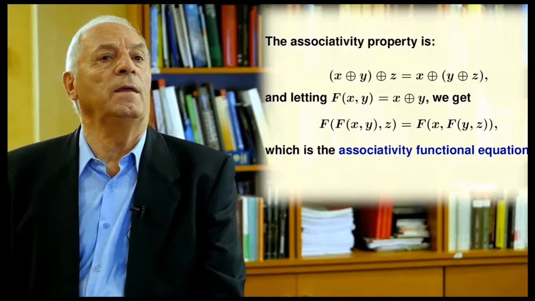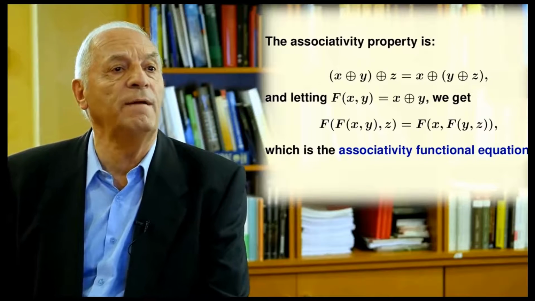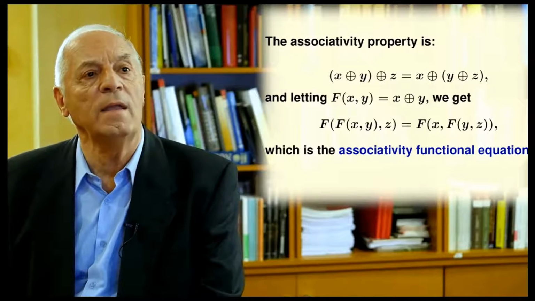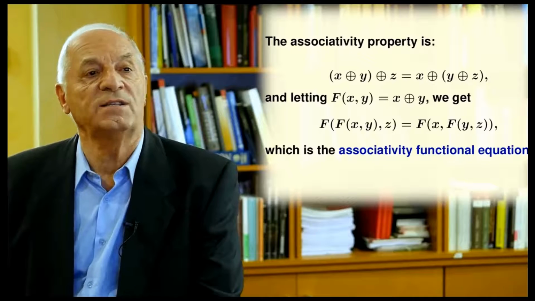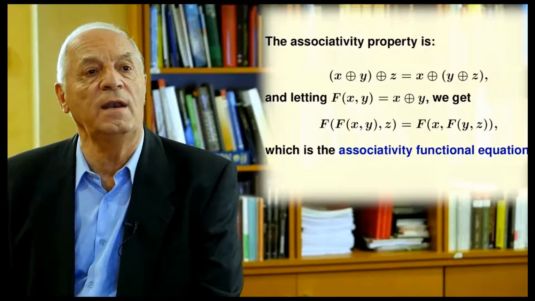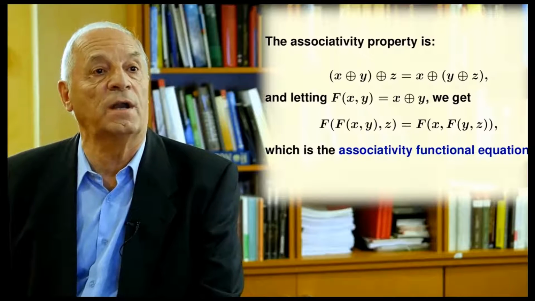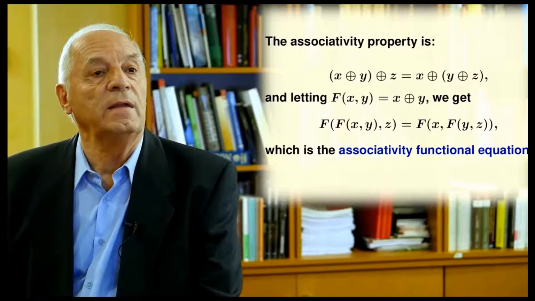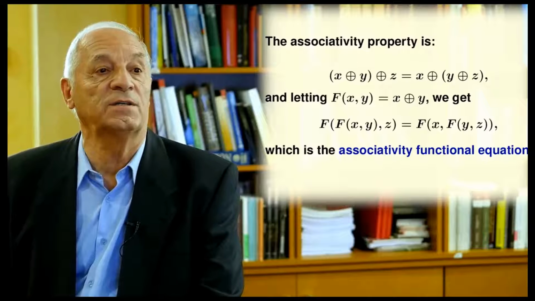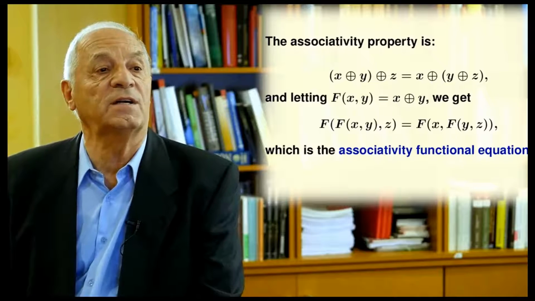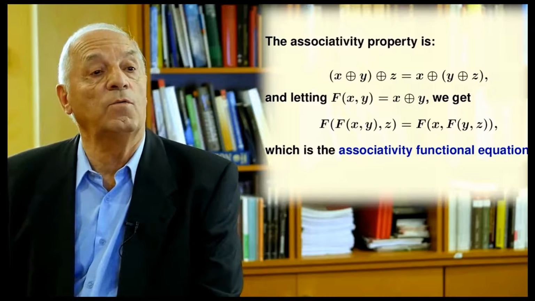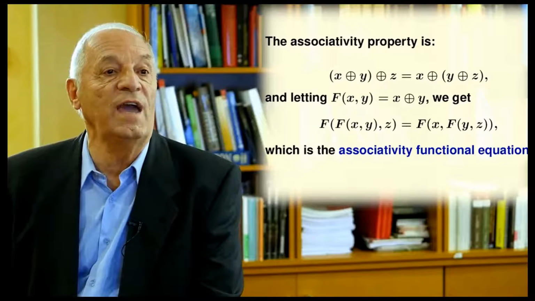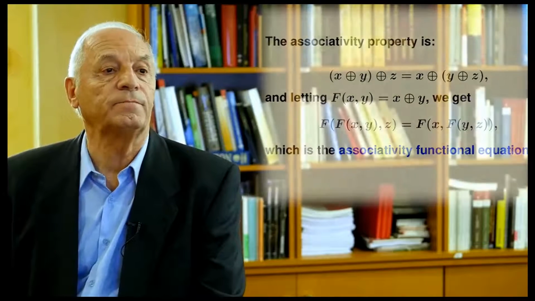An associative property means the following. I have 3 real numbers, x, y, and z. I obtain the same if I operate x first with y, and then the result with z, as if I operate first the y with z, and then I operate the x with the result of y and z. If I call F of x,y the x operated with y, then the previous expression, that is the associative property, can be expressed as the functional equation that you have there, which is a functional equation because it's only one equation and has only one unknown, which is the capital F, that is the operation.